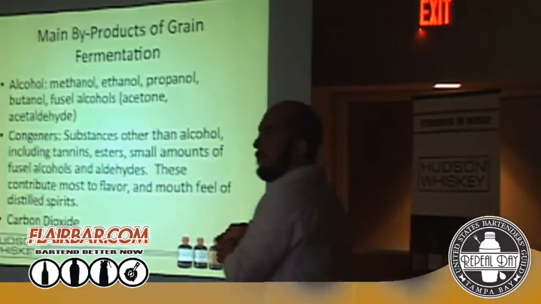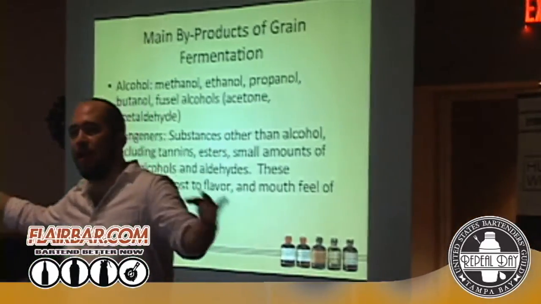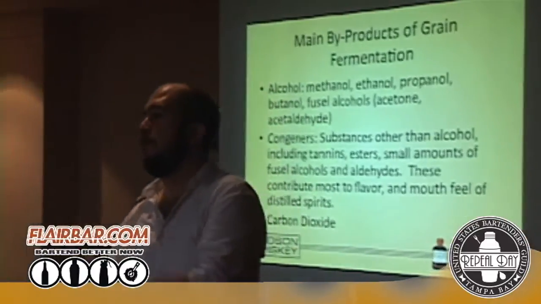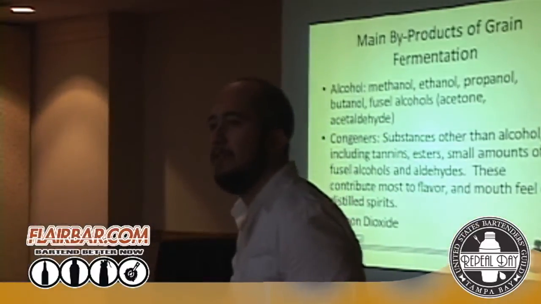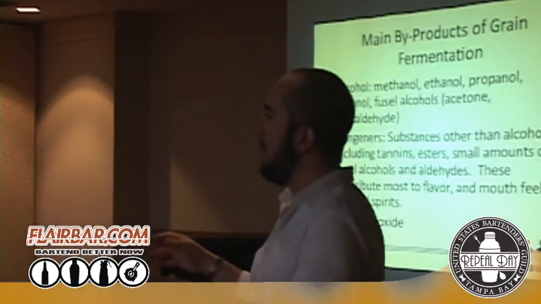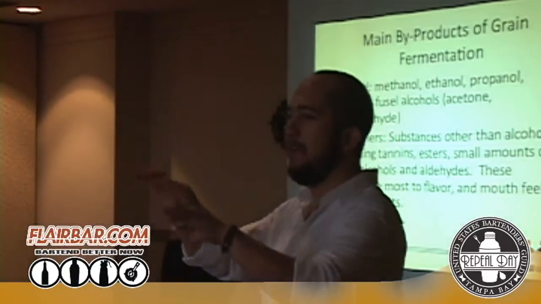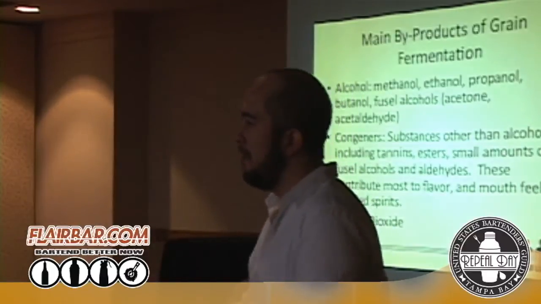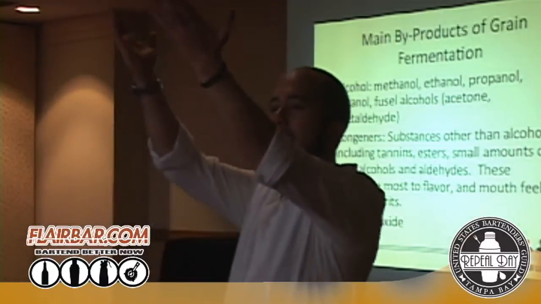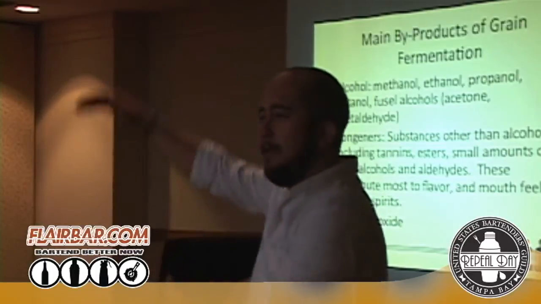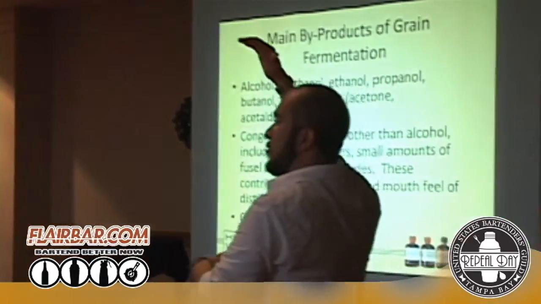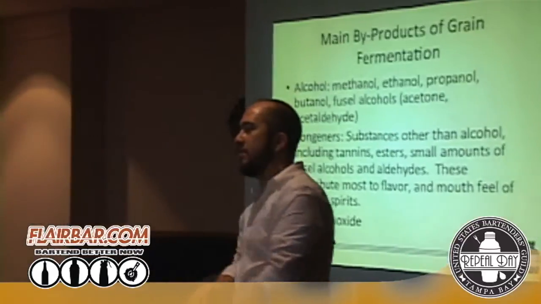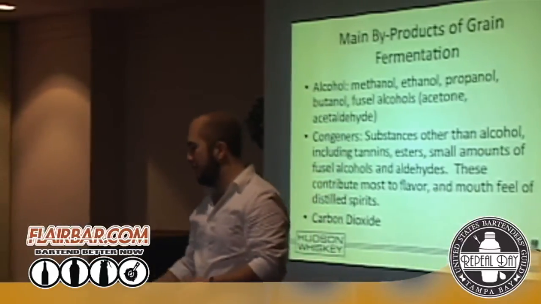And then we also have carbon dioxide. During our fermentation, we get a lot of CO2 coming off, and part of the way we know that our fermentation is done is because the CO2 is coming up and it's pushing. We do a whole mash fermentation, so we don't lauter, we don't separate solids from liquids. We allow this whole mash to ferment and distill together. So the CO2 pushes the grain up to the top, and you get this big cake on top. Towards the end, as the CO2 stops, it starts to sink and drops down. At that point, we know we're getting towards the end of the fermentation process.